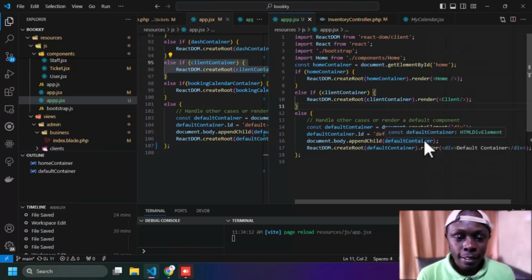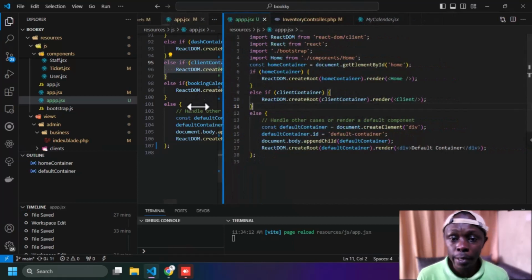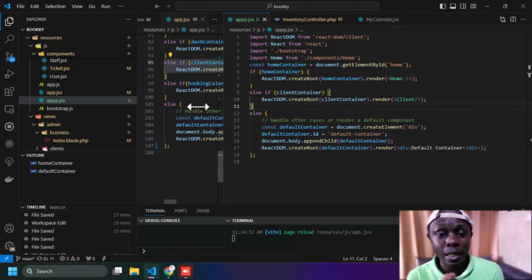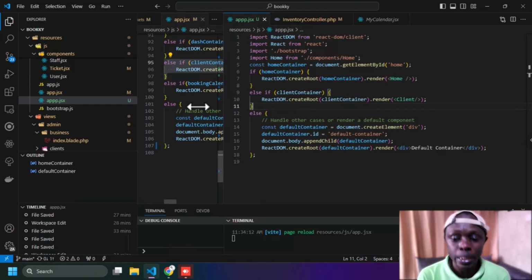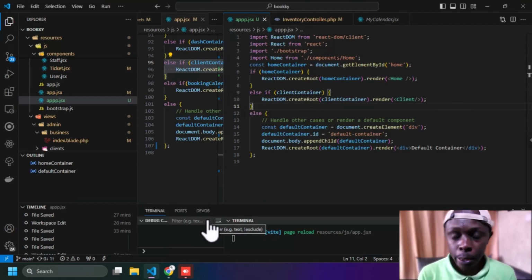So, hi guys, I wanted to take you through an amazing process that I have found to be an amazing way to implement React components into your Laravel application. I'm not going to take you through the process of installing Laravel on your system, but after you have installed your Laravel application and you want to implement React components into it, first you're going to